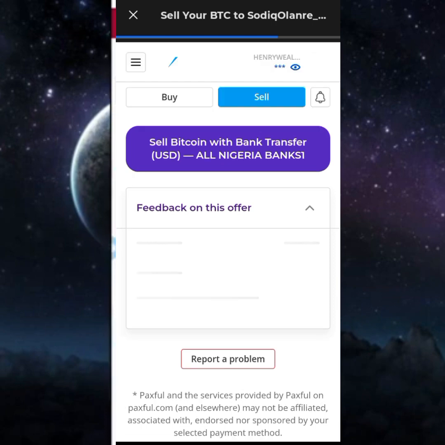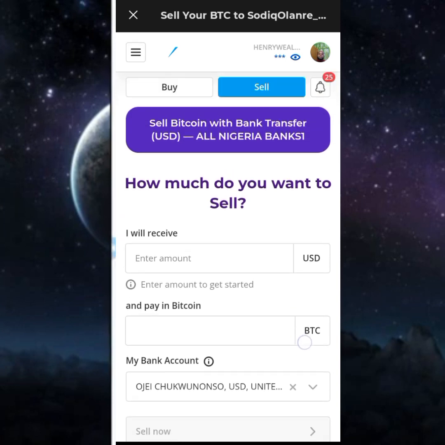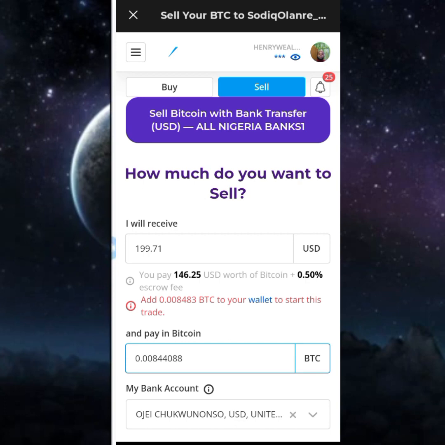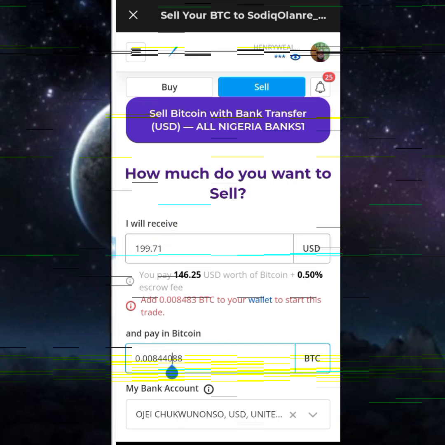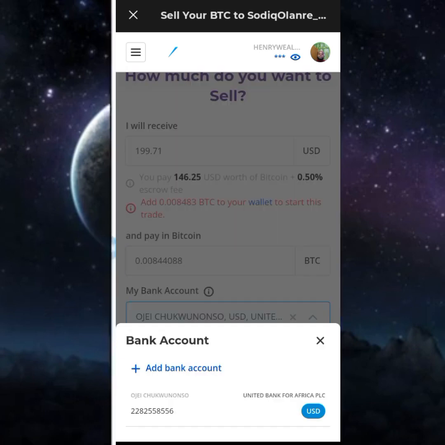Now I want it to load up. When it loads up, what I'm going to do immediately is put this big Bitcoin here. So when I put this Bitcoin here, remember it's 100,000. This guy is going to give me, and down here I already have my UBA, but at the moment